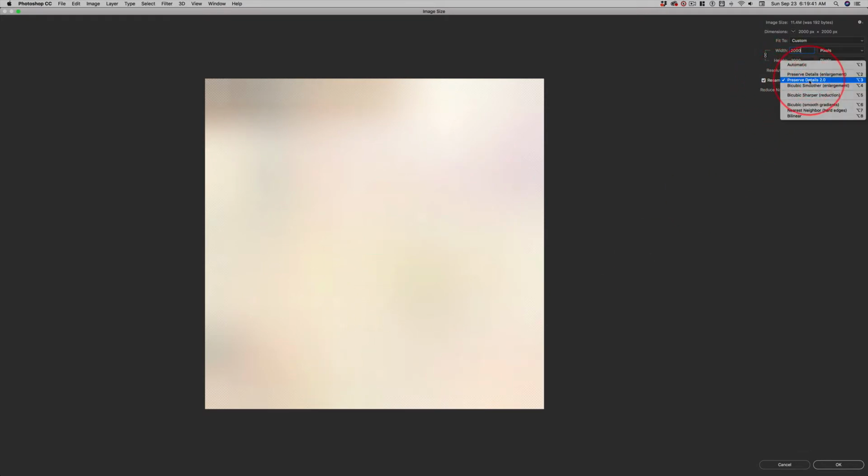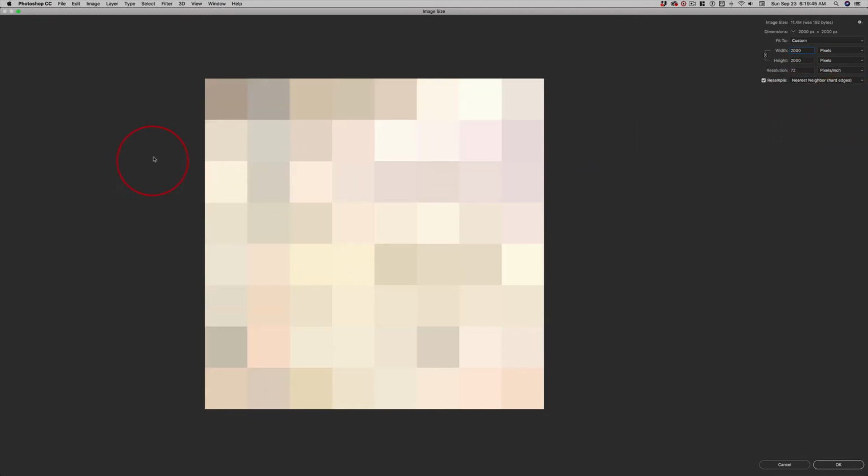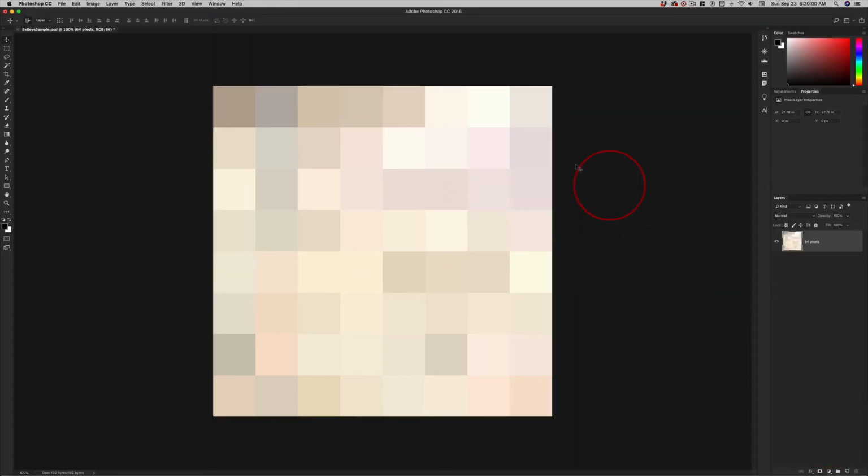Let's change preserve details to nearest neighbor, hard edges. Now, this is perfect. It is absolutely pixel perfect. 250 pixels by 250 pixels are all this exact color. No anti-aliasing, no fuzzy edges. Okay, click OK. Now this is 2,000 pixels, and on yours, if I hit Command